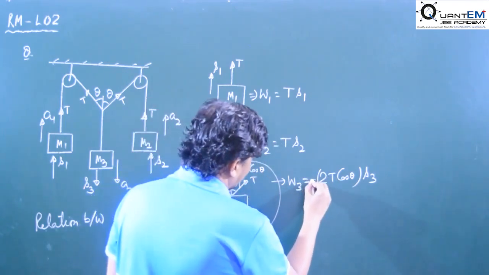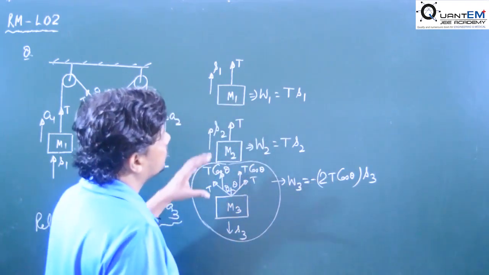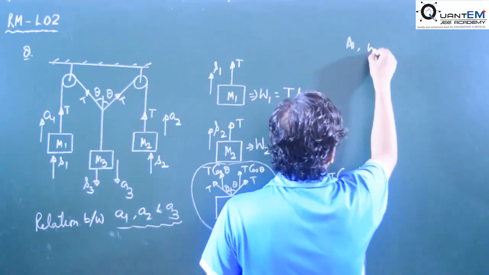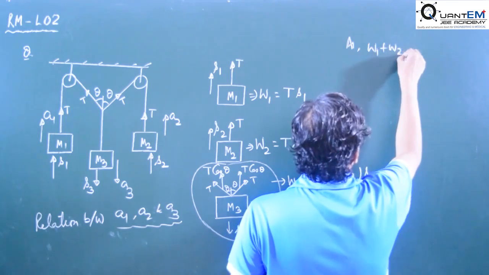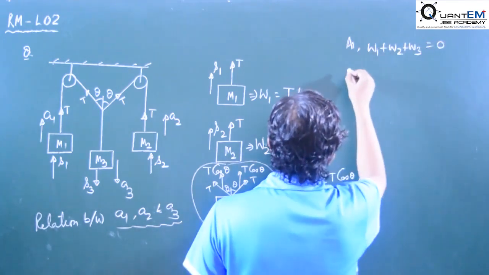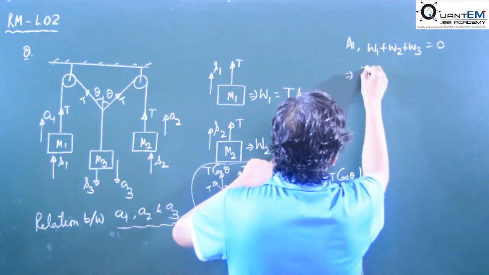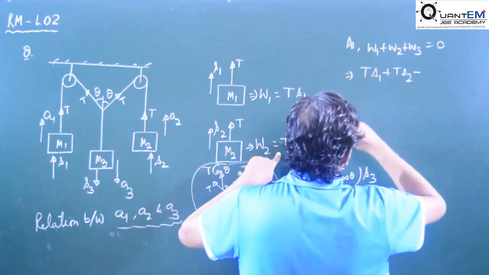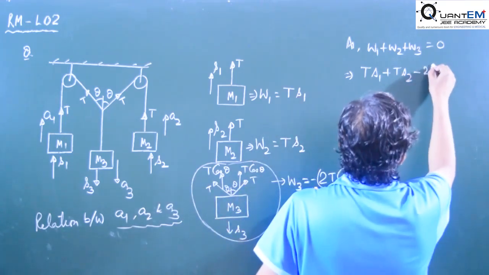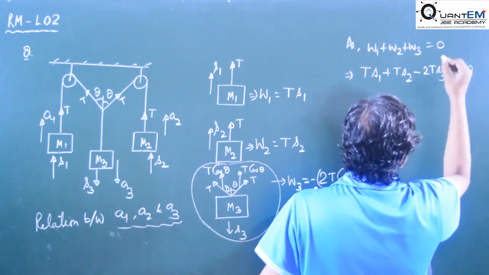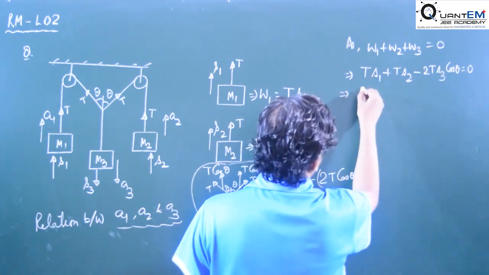Minus 1, and the net work must be what? 0, as W1 plus W2 plus W3 we have 0. It implies that T S1 plus T S2 minus 2T S3 cos theta is equal to 0,